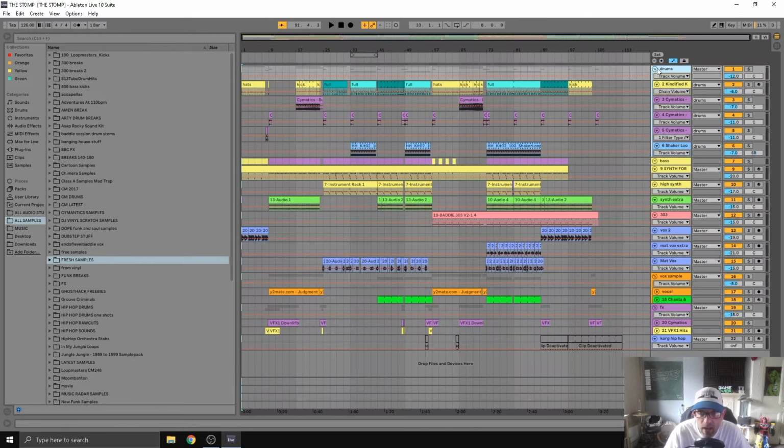Tip number 2, I tend to group my drums together. So depending on what sort of drums I'm using, whether they're MIDI drums or drum racks that are part of Ableton, or whether I'm dropping in samples, I group them together so I can still treat each of them individually and adjust their volumes, EQ, and put effects on them, but then I generally run them all through a group together, so I can minimize them and maximize them all in one go, so I can free up some space